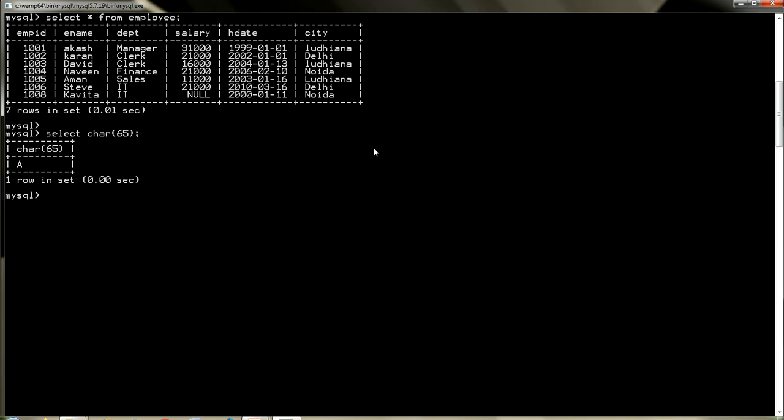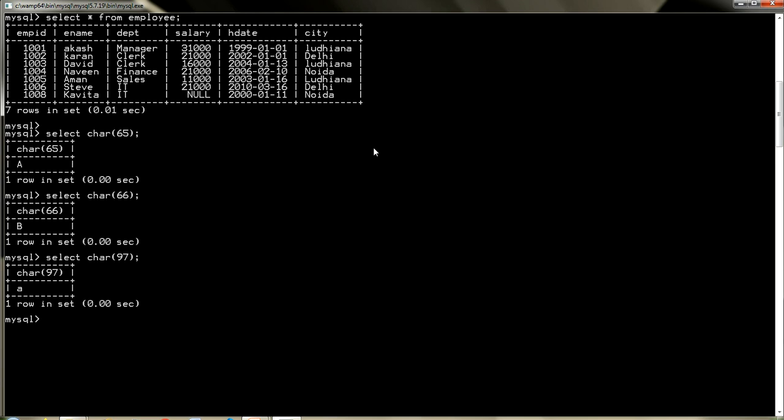The ASCII code is American Standard Code for Information Interchange. Every key on the keyboard has been assigned some coding system. There is one coding system called ASCII code. So capital A has the ASCII code 65, and if I write down 66, it will give you answer B. And in case you go for 97, it will give you small a.